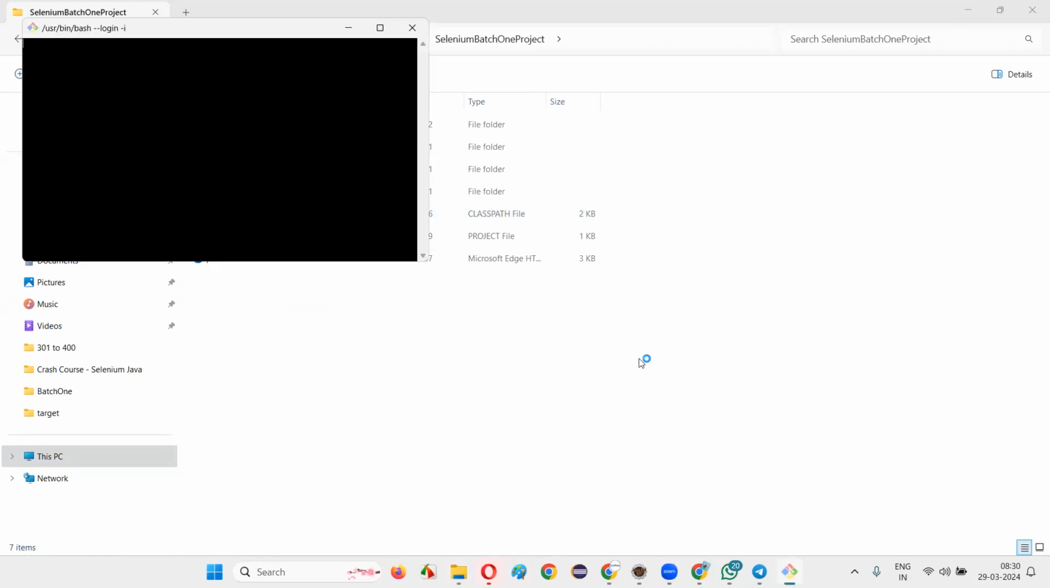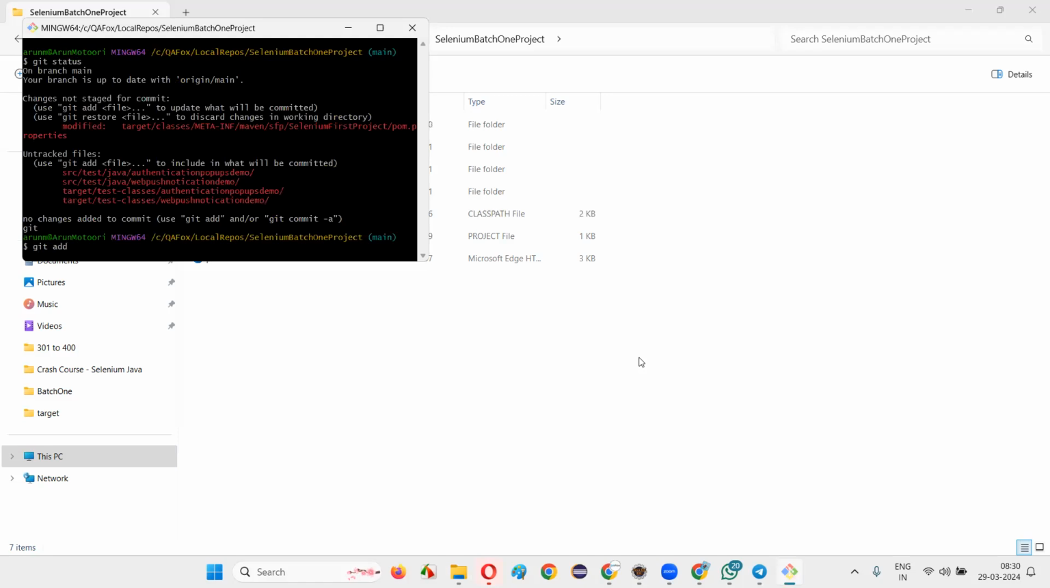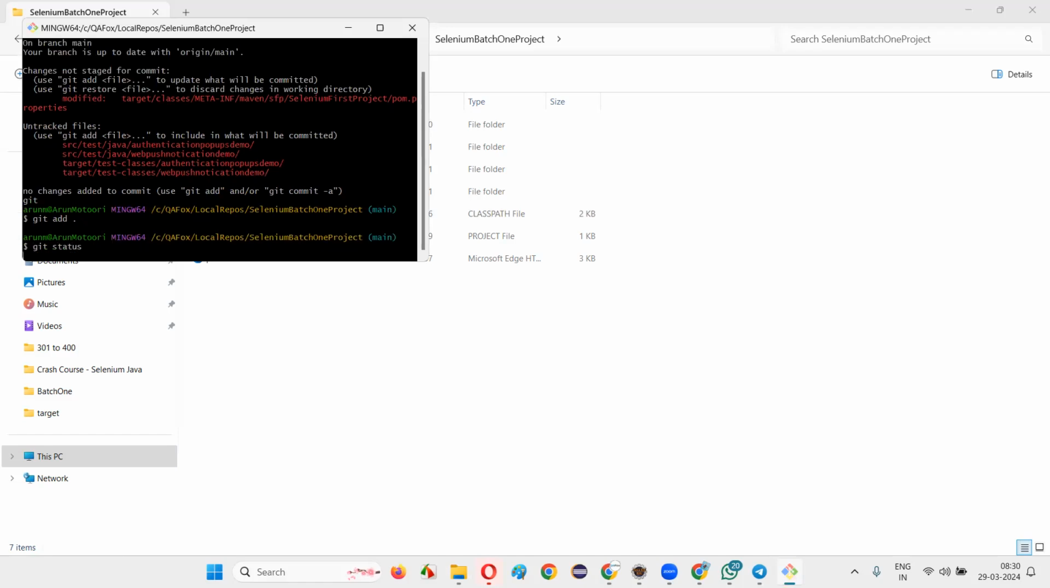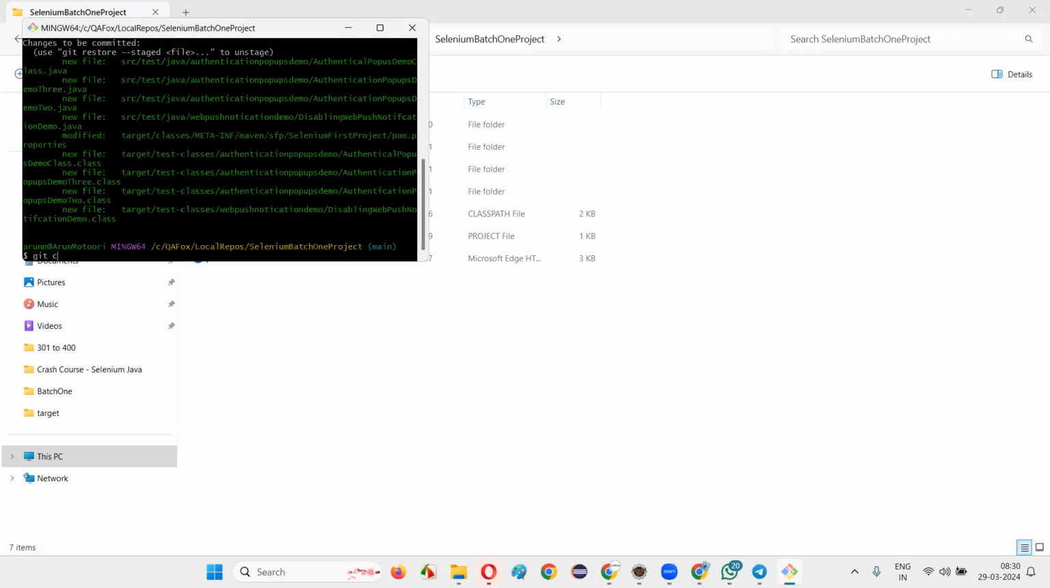Okay, I'll upload this code to GitHub so that I can share with you guys. Git status. Any changes? Yes. Git add dot. Whatever I have done today, authentication pop-ups demo, web push notification, everything is coming. They will be added to the staging level. Git status. Now they'll be converted into green. Then git commit -m